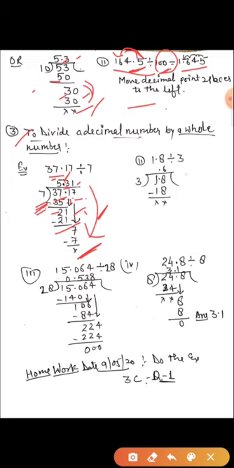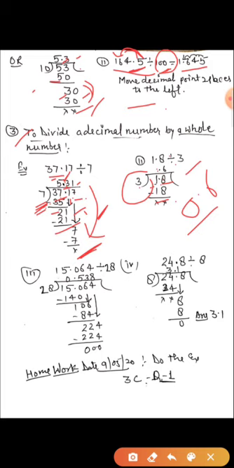Now the second one is 1.8 divided by 3. Here is the division, but before the decimal what is the number? 1. And this is 3, which is more than 1, so we cannot divide. We need a digit. Which one? 8. But before 8 here is a decimal, so you just remove the decimal from the dividend by placing it above, in the quotient. Here is the decimal, so write the decimal here. Now 3 6s are 18. Now we have the digit 18, and the answer will be 0.6.